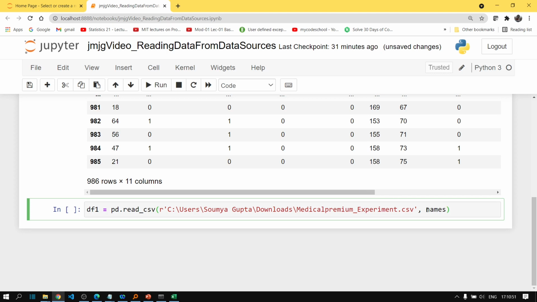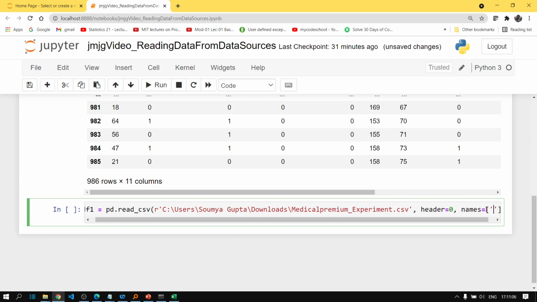Before using the names parameter, let us pass the value of header as 0, and in names we pass, so there are total 11 columns, right? So let's say we pass something like col1. It's just for practice, guys.